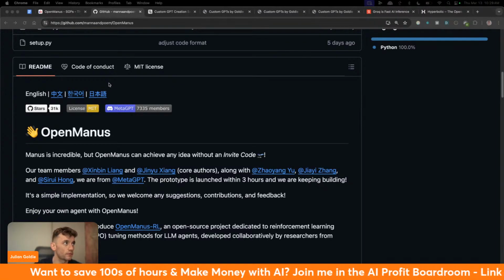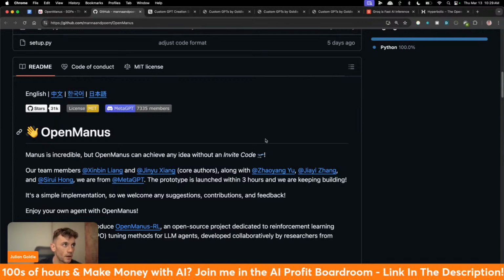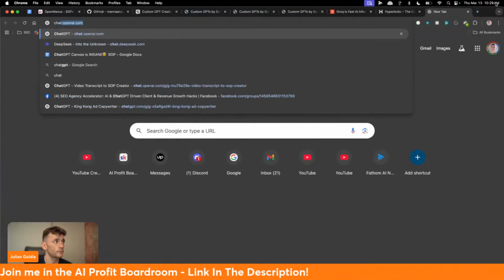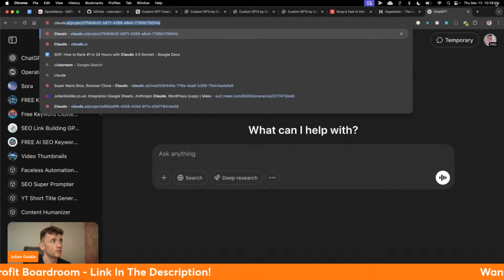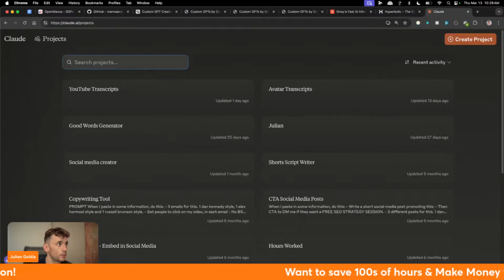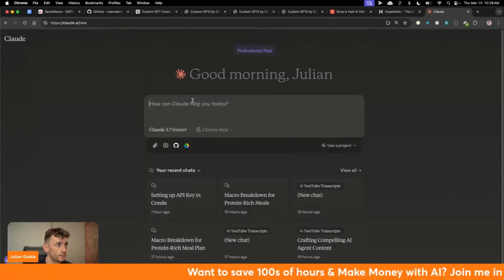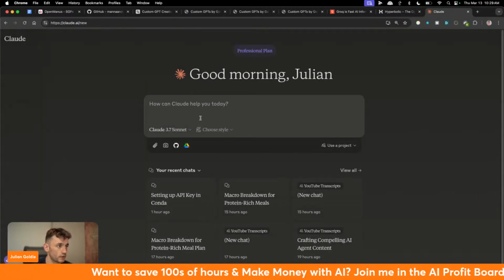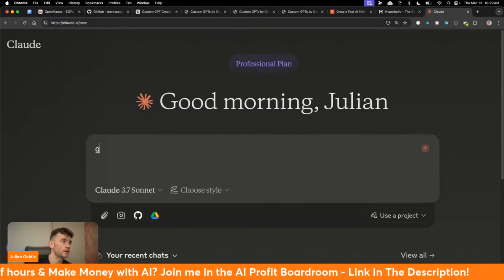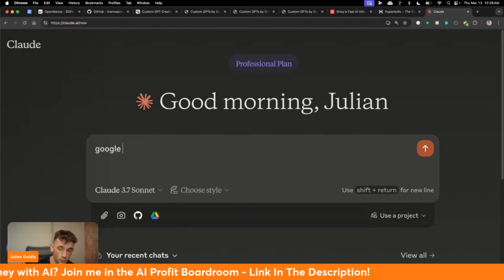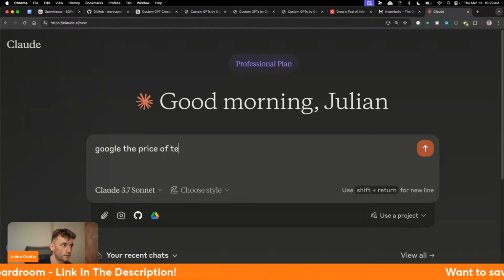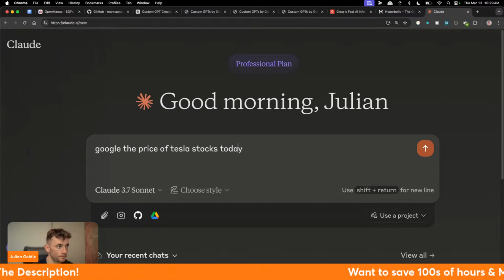Now we actually have a lot more to cover, but I'll come on to that in a minute. Let's test this out as well. I'll show you why this is so crucial. For example, if you're building a project with OpenManus, and it's offline, we'll compare this versus Claude 3.7 Sonnet. I pay for the premium package on Claude 3.7 Sonnet, and if I say to it, which is awesome for writing code and everything else, Google the price of Tesla stocks today,